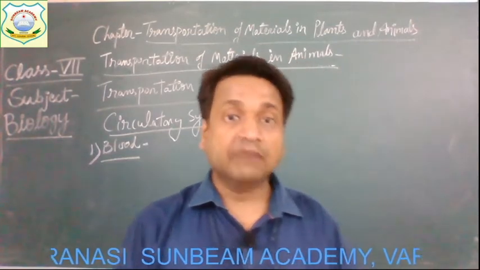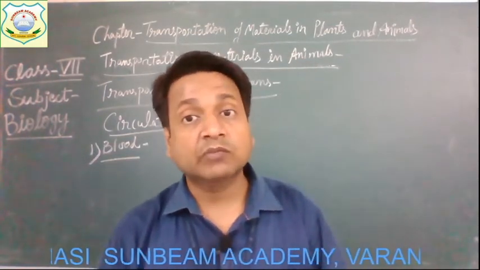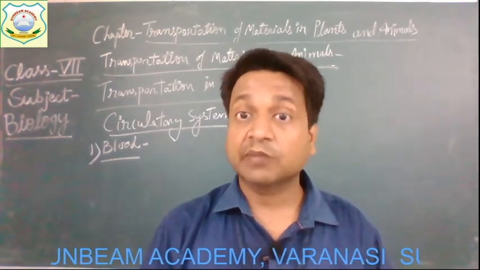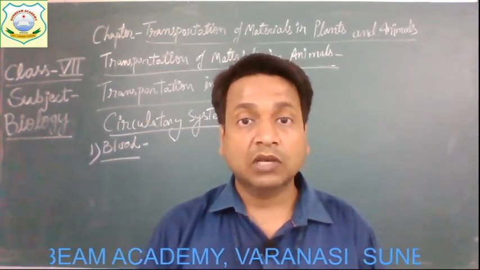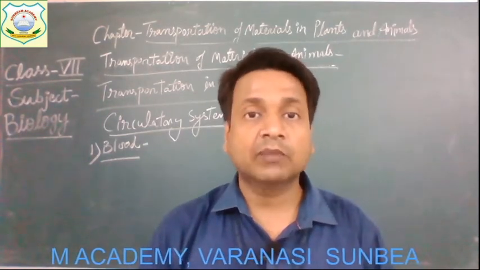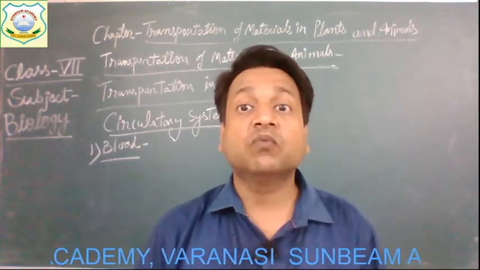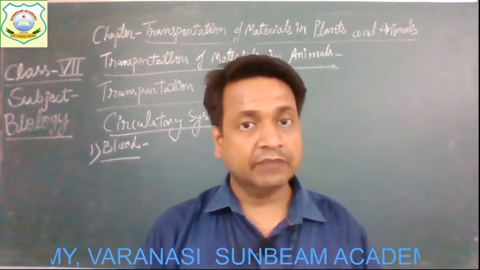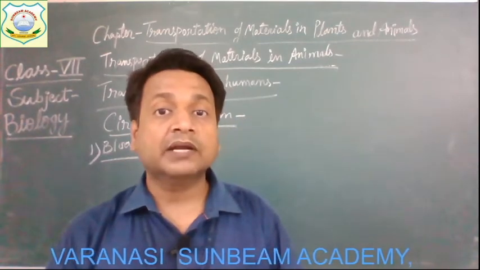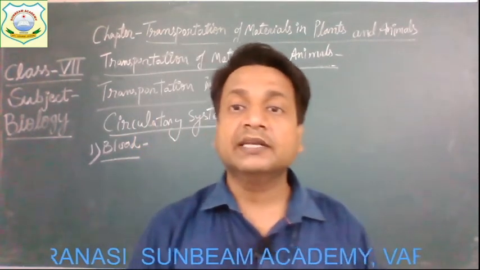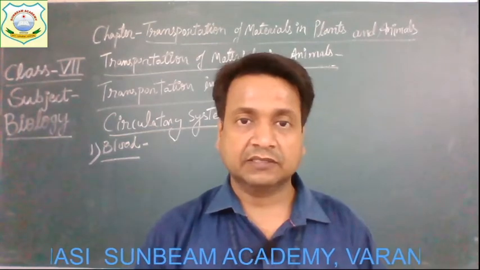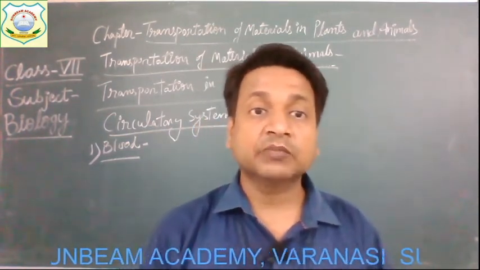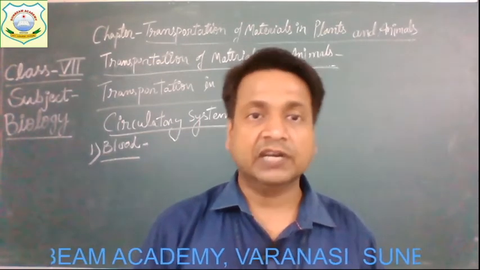In an average healthy adult, the volume of blood is about 1/11th of the body weight. Children must remember it. The total volume of blood present in our body is on average 1/11th part of our total body weight. Normally the volume of blood in an average human adult is between 4 to 5 liters. So the average amount of blood present in an adult human is about 4 to 5 liters.